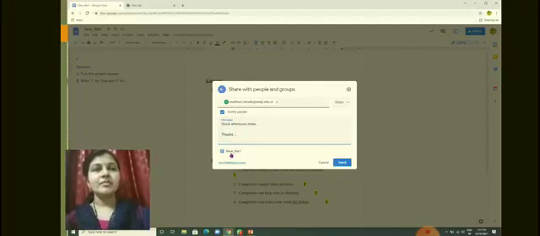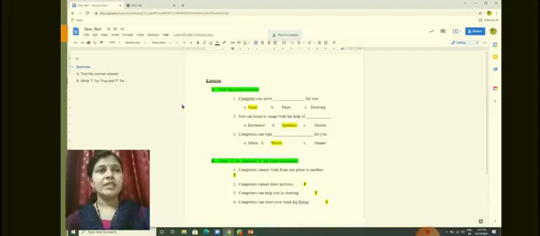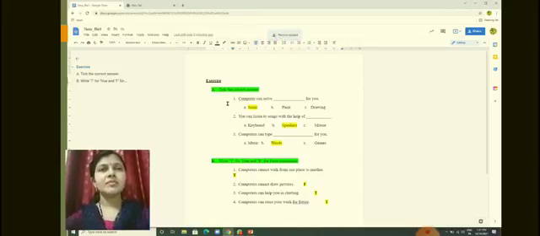Then the file is attached here, and when you click on the send option, the file will be shared with the concerned person. Can you see here? Person added. Person added means the file will be sent to that person, and that person can view this file.